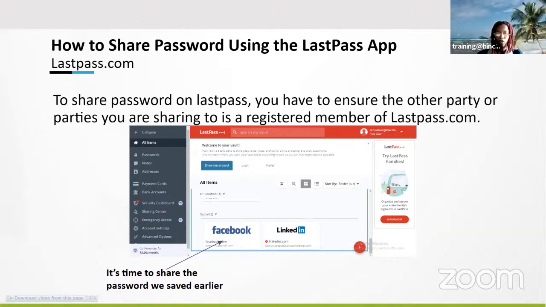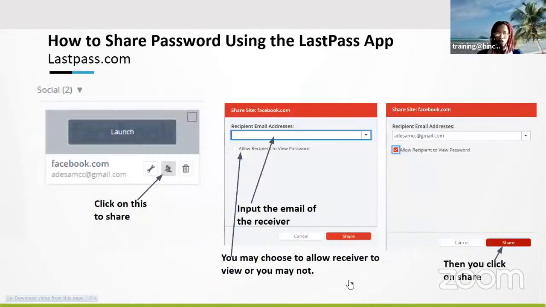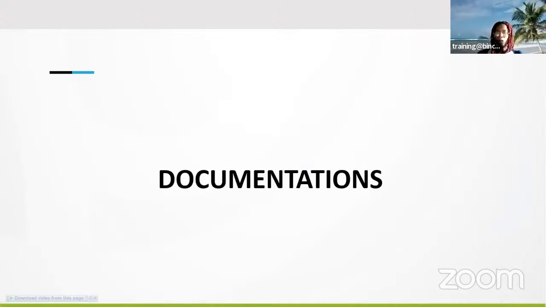So we have a way for us to share passwords. The only thing you need to do once you want to share a password is click on this item, which has two persons really together. You need to paste the recipient's email address and then share with the person. Most times you're able to share to just a single person, sometimes more, but dependent on how your LastPass really is like. And internally, you're only expected to share passwords to someone's official email address and not their personal email address.